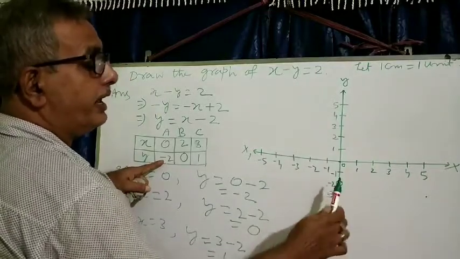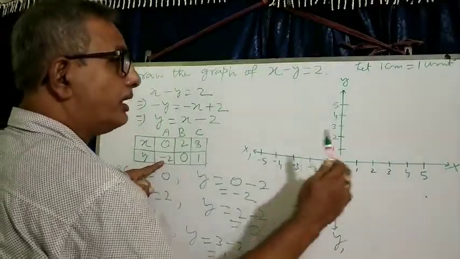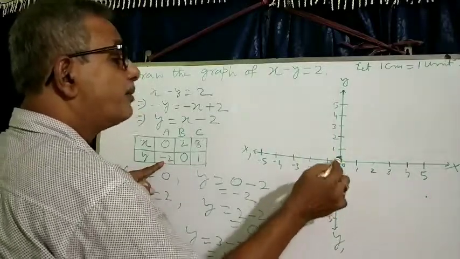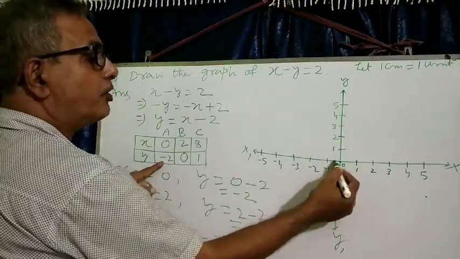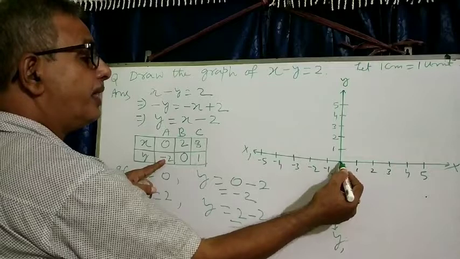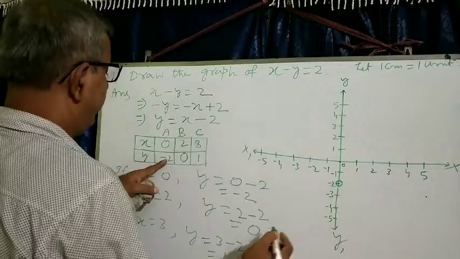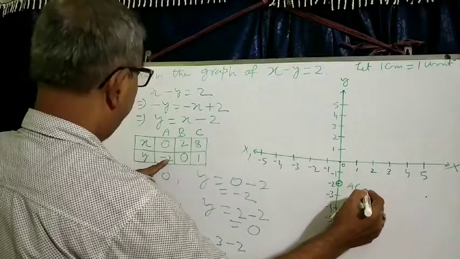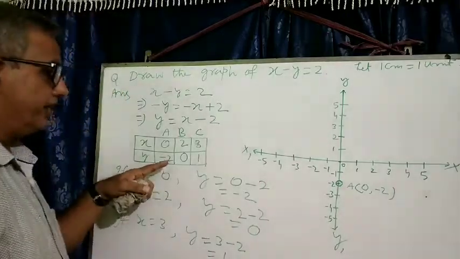So this point is what? You see, here neither are you going to the right nor to the left. Left or right means on the x axis. But you are not moving because the x coordinate is given 0. So we are writing here x is equal to 0. Neither this side nor that side. Again, y is equal to minus 2 means where should it be? Y is equal to minus 2 is here. So this is the point. Now this point is called A. So for A, you are getting 0, minus 2.